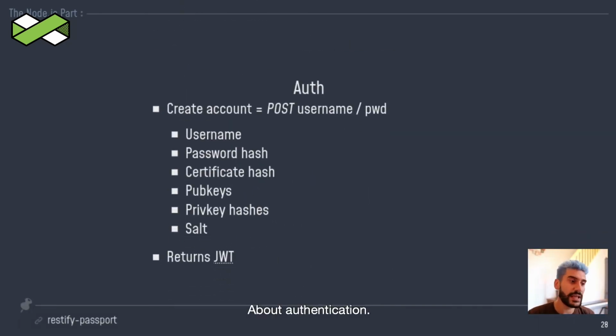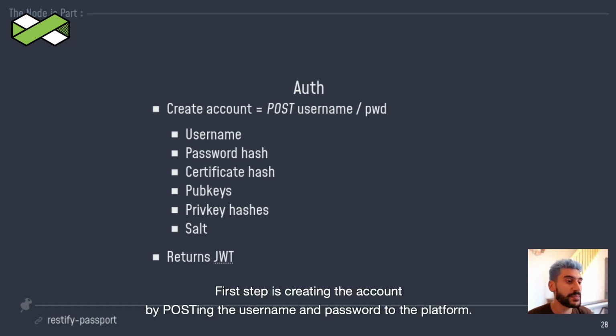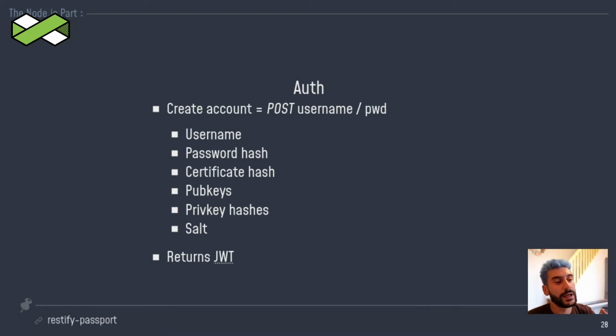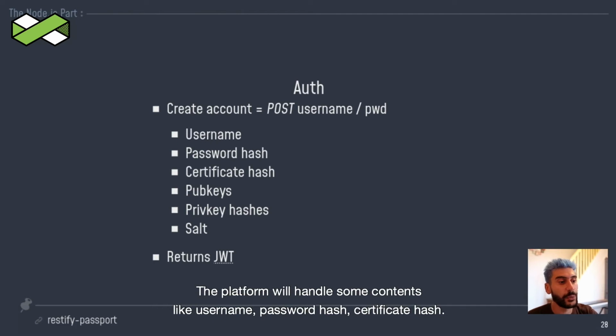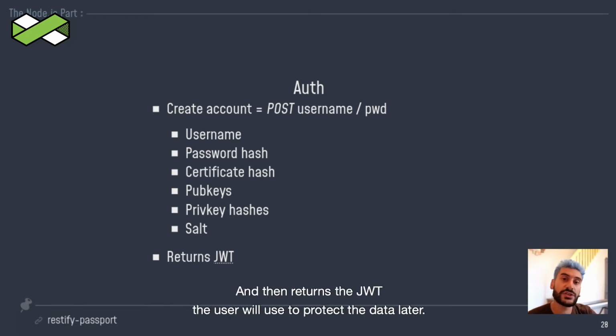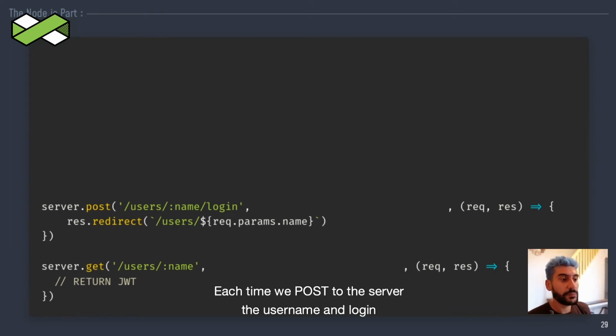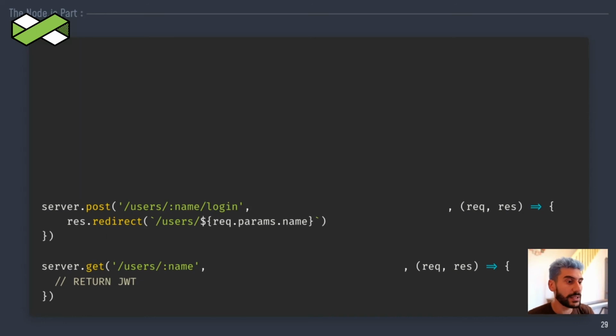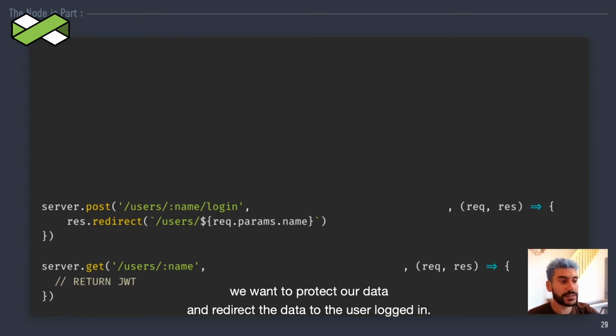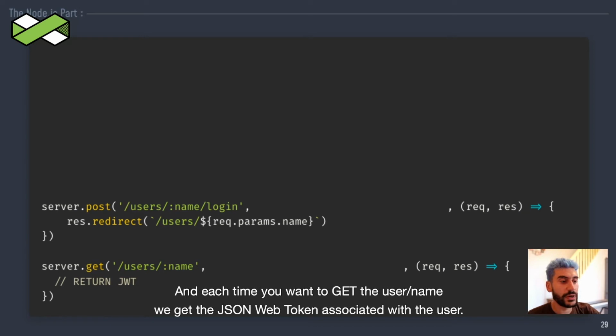About authentication, there are two steps. First step is creating the account by posting the username and password to the platform. The platform will handle some kind of content like username, password hash, certificate hash, and so on, and will return the JWT, the JSON Web Token, that the user will use to protect the data later. So how to do that? Each time we post the username and login to the server, we want to protect our data and redirect the data to its login. And each time you want to get the user's /name, we get the JSON Web Token associated